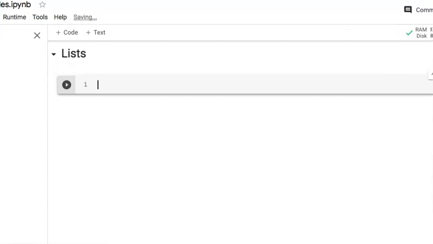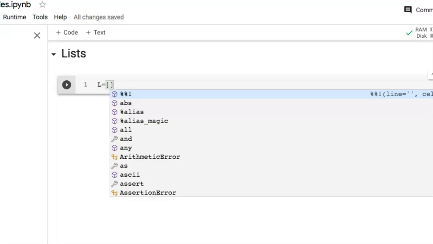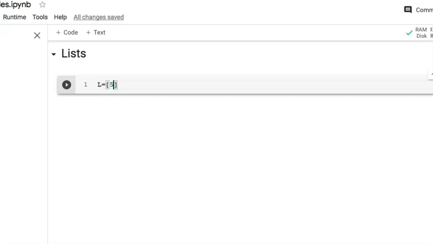So first take a list, and it should be inside square brackets. Take elements 5 separated by comma, another element 2.83, and another element Python. We can take some more values 6, 7, and so on.